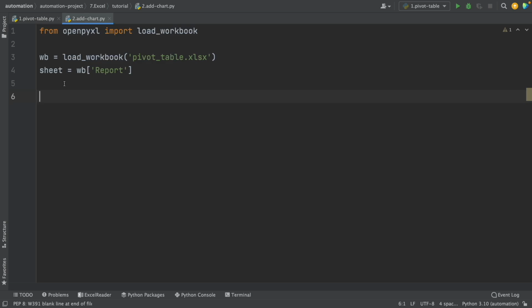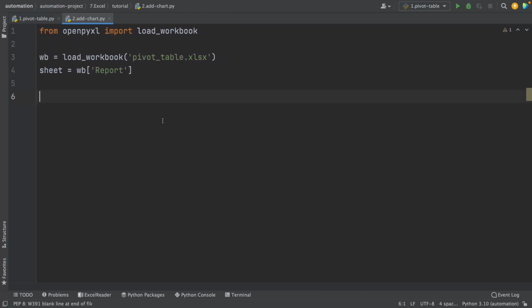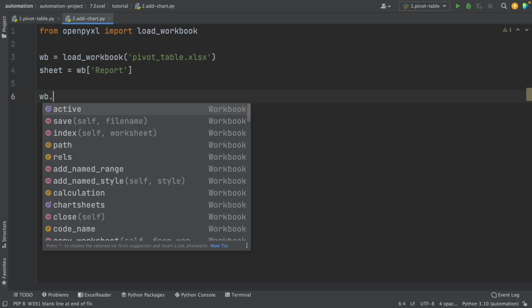Okay, now what we're going to do is select the active rows and columns that are in our sheet. So here we have some active rows and columns, and this is determined by the cells where our pivot table is located. So here we see that our pivot table is located between A5 and G7. So we have to locate the minimum row, the minimum column, the maximum row, and the maximum column. So let's do this. So I go here, and now we use wb, and then we have to use the active attribute. So I write active,